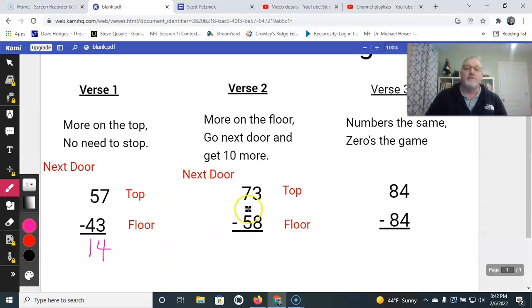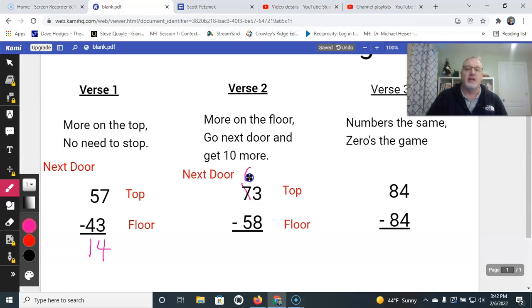All right, now on to verse 2. It says here, more on the floor, go next door and get 10 more. Again, here's my top is the 3, and my floor, the bottom, is the 8, right? There's more on the floor, so what do I have to do? Well, I have to go next door. So I cross out the 7, okay, so we're going next door to get a 10, and make it a